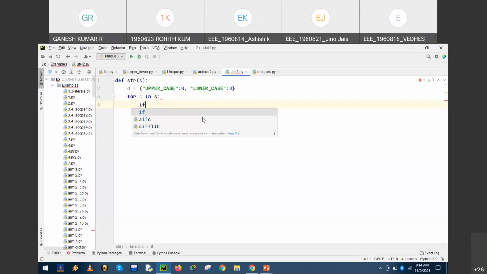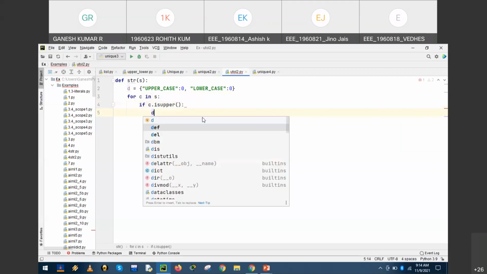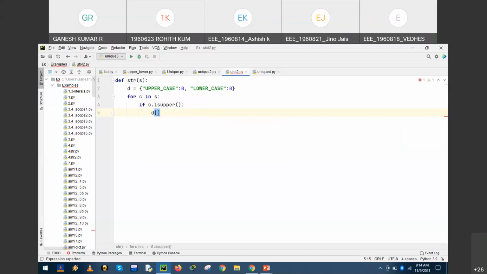So we use an if condition. If c.isupper(), a function which checks that type. If the condition is true, we have to increment the variable defined in the dictionary. So D of uppercase incremented by 1, right?